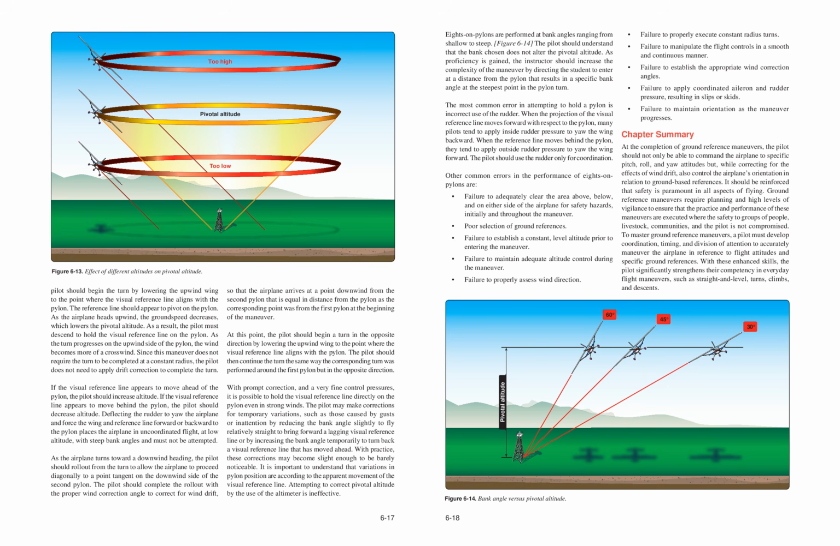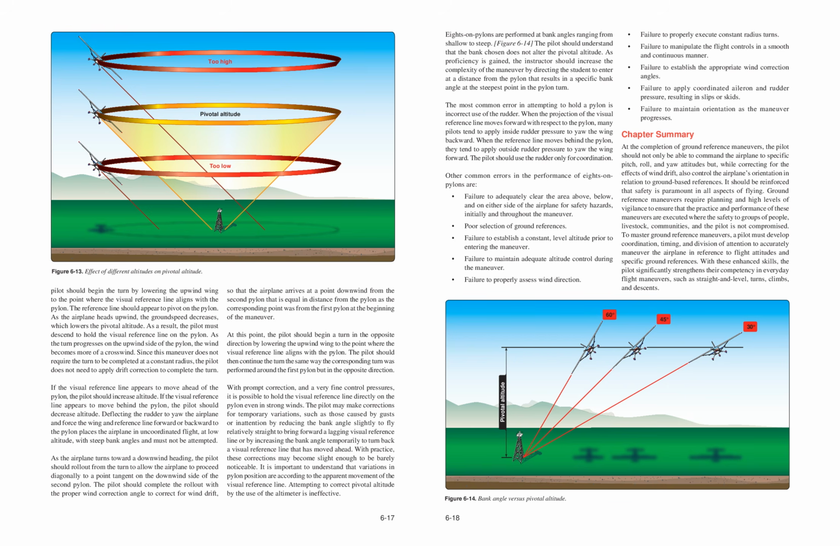The most common error in attempting to hold a pylon is incorrect use of the rudder. When the projection of the visual reference line moves forward with respect to the pylon, many pilots tend to apply inside rudder pressure to yaw the wing backward. When the reference line moves behind the pylon, they tend to apply outside rudder pressure to yaw the wing forward. The pilot should use the rudder only for coordination. Other common errors in the performance of 8s on pylons are: